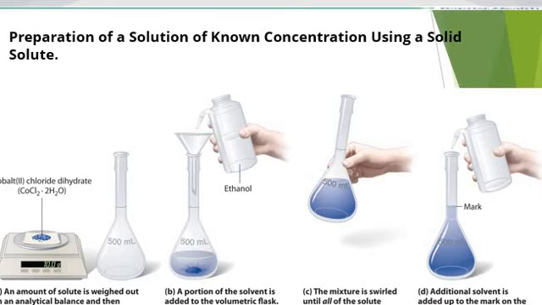If the volumetric flask of the desired volume is not available, then there are graduated cylinders which can also be used to accurately measure the solvent and bring a solution to its final volume. Otherwise, glassware like beakers and other flasks are not accurate enough to make the solution. So if we want to prepare a known concentration with complete accuracy, we have to select either a volumetric flask or graduated cylinders. These are more accurate as compared to beakers and Erlenmeyer flasks.